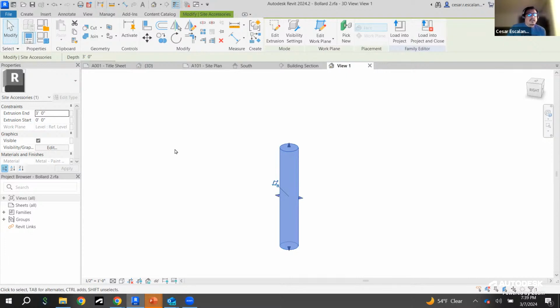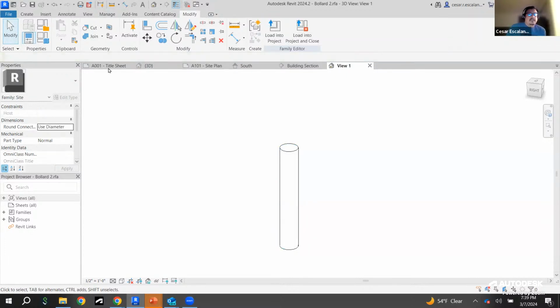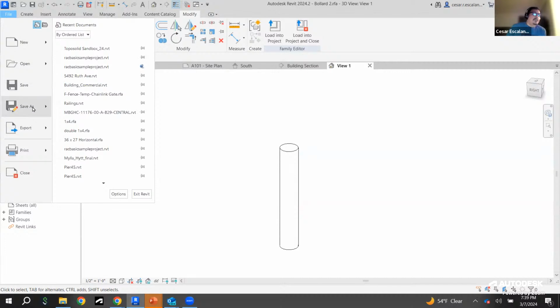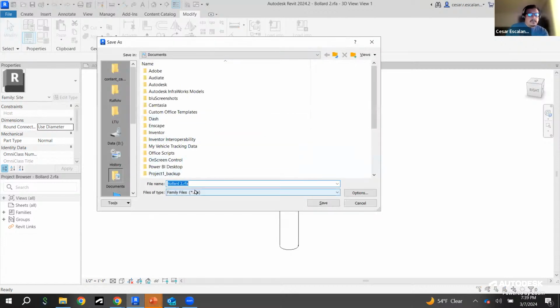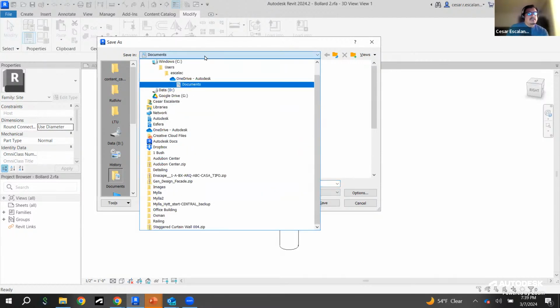You can change the material, the diameter, etc., and then you save it as a separate family. You don't replace the original one. And the original name of this was Bollard. I'm gonna call this Bollard 2, and you can save it in your project,